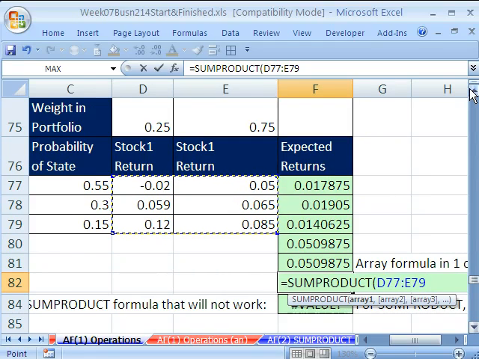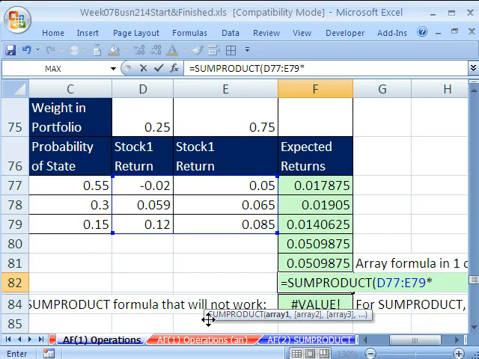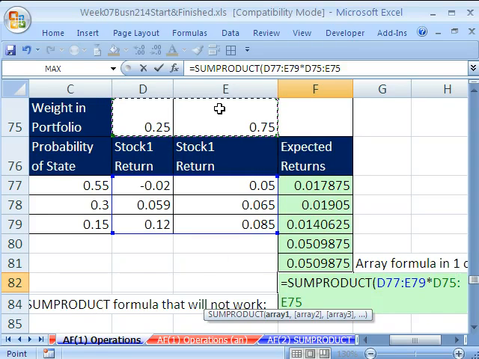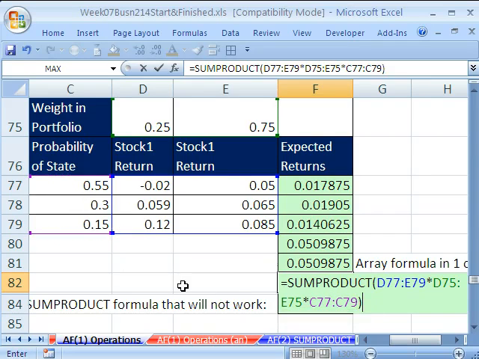Range times, and that's the only difference. When you have different shaped arrays or ranges, you simply want to use multiplication. So then I'll highlight the weights times our probabilities of the state, close parentheses. And there it is. Again, the advantage of SUMPRODUCT, it's so common that you have